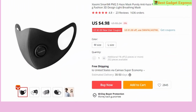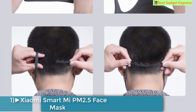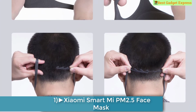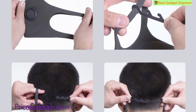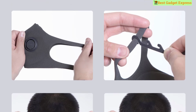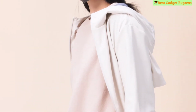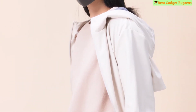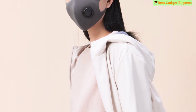Number 1 is the Xiaomi Smart Me PM2.5 Haze Mask, Purely Anti-Haze Face Mask, adjustable ear hanging, fashion 3D design light breathing mask. Features of this product: brand name Xiaomi, 1PCS Xiaomi Smart Me Anti-Pollution Air Sport Mask, comes from Xiaomi Eco Chain, skin-friendly soft memory TPU, free to breathe, isolated from air dust, PM2.5, haze, pollen grain, automobile exhaust with